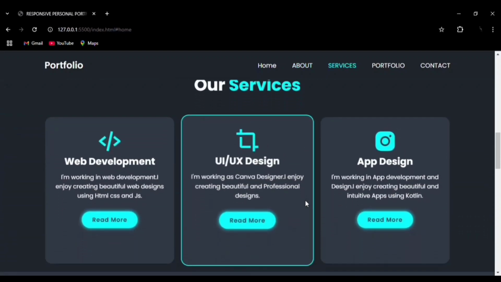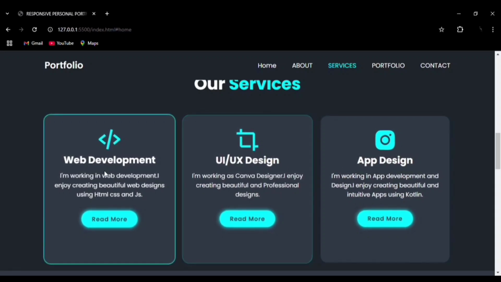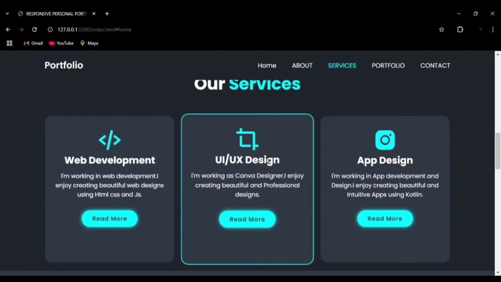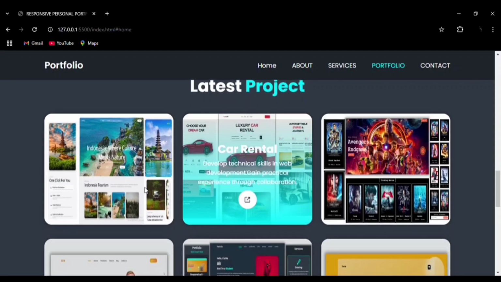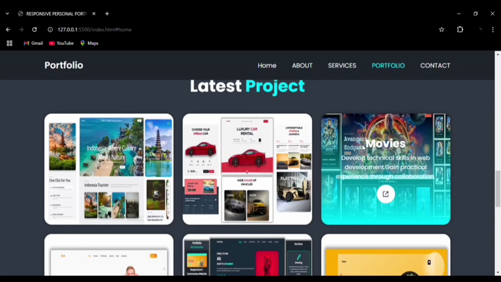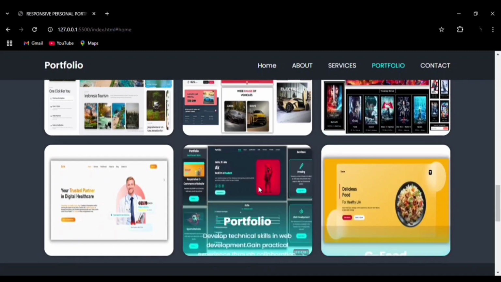You can see the hover effect, the 3D box effect to it, and we have integrated the icons also, and a read me button. You can see the hover effect, very smooth transition, and you can see the hover effect on the projects, what project that is, and small information, and with an external link, the demo link that we have added, and an icon. You can see the very smooth transition,